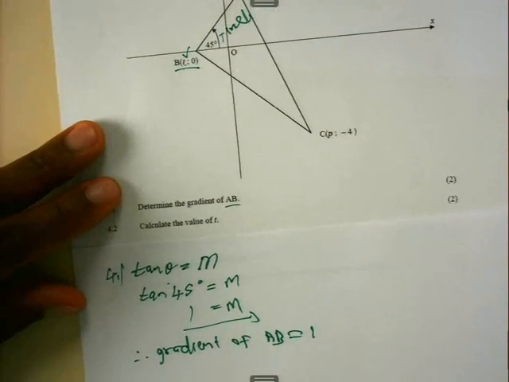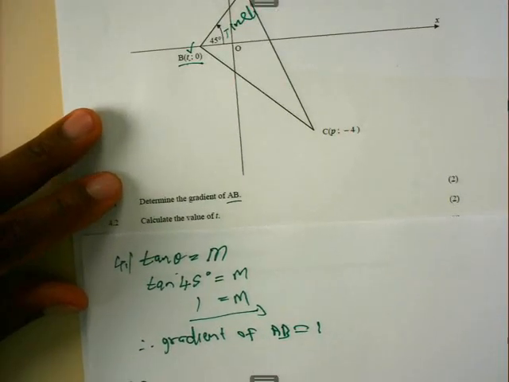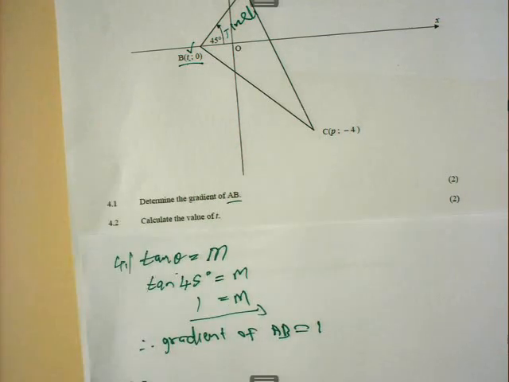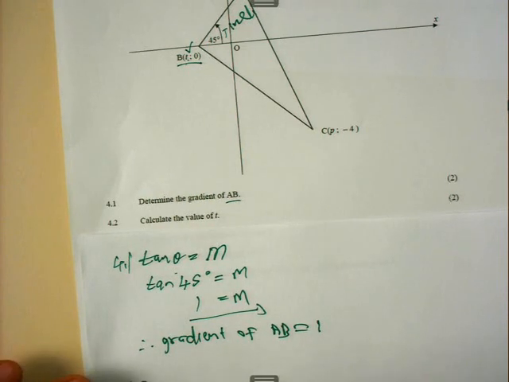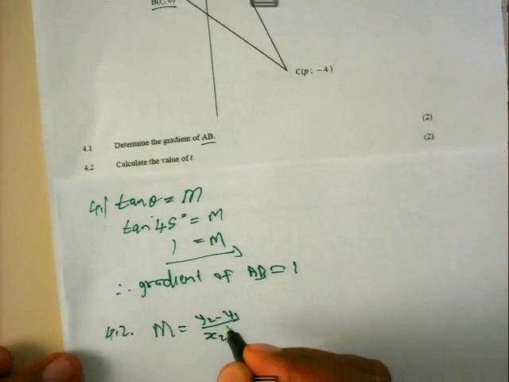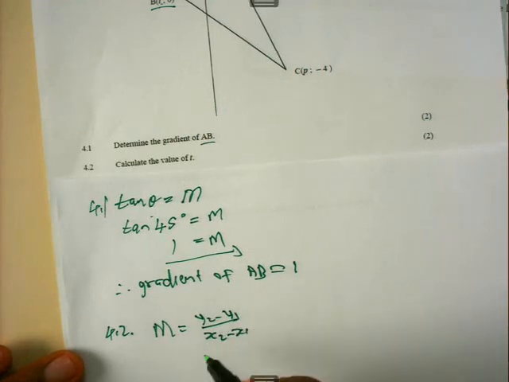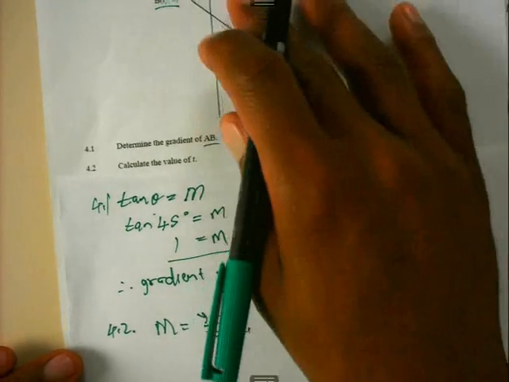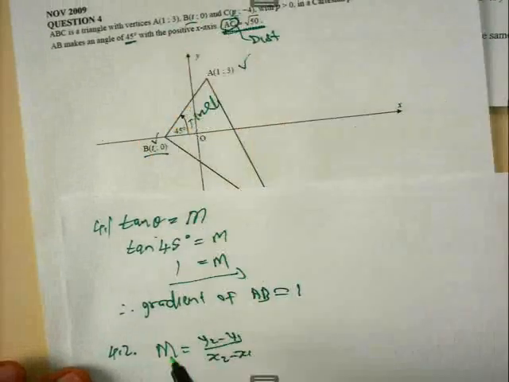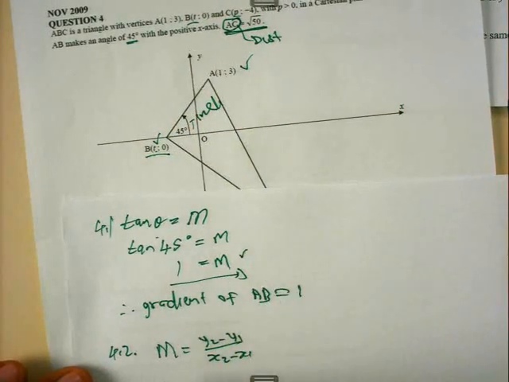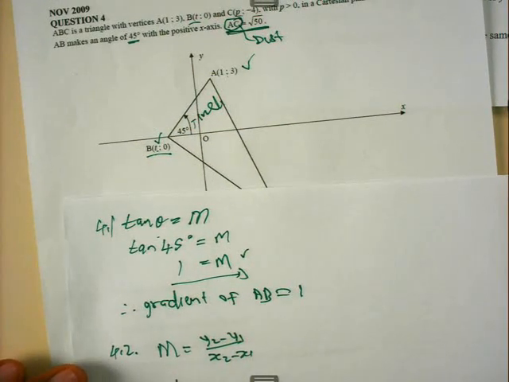I believe, boys and girls, because this is a 2 marks question, you already have the answer now. Yes, I can see the smile that you have the answer. Let us see if your answer is correct. Now, the gradient formula is y2 minus y1 over x2 minus x1. From here you only substitute. What is it that you're going to substitute here? You said the gradient is equal to 1. Therefore, 1 is equal to